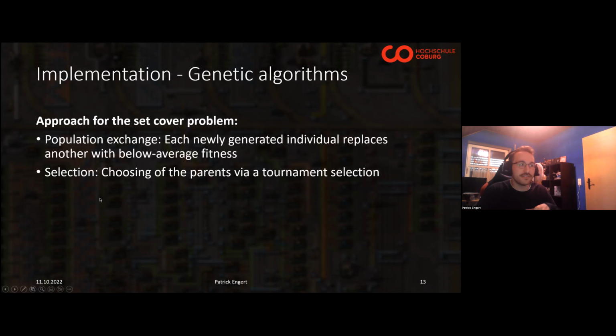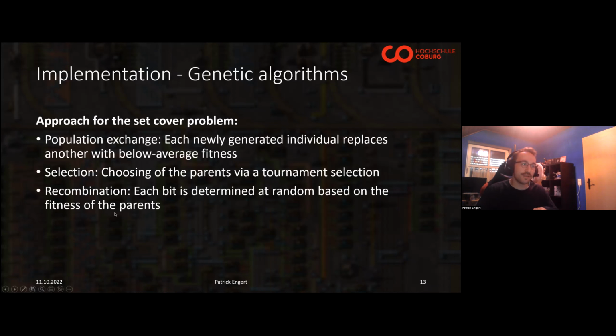For the selection, the parents get chosen via a tournament selection. For the recombination, the bit strings of both parents get